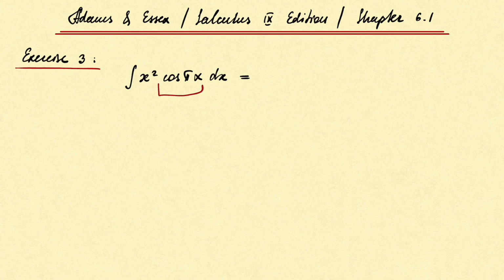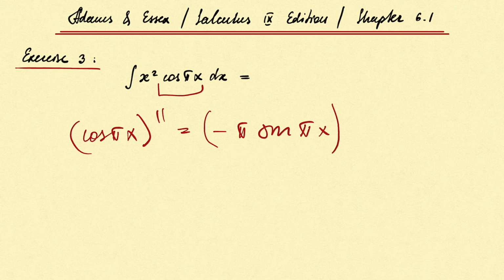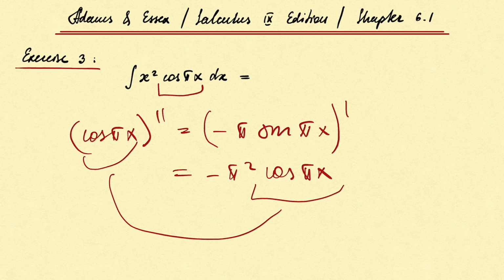It preserves its structure. I mean, the derivative of cosine of pi x with respect to x is minus pi sine of pi x. Differentiating it a second time, it's again minus pi squared cosine of pi x. So as you may see, after an even number of differentiations we'll have cosine, after an odd one we'll have sine, but